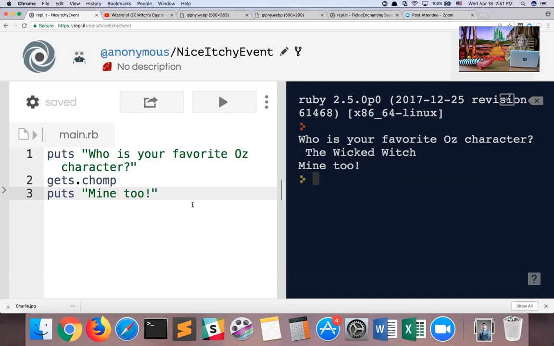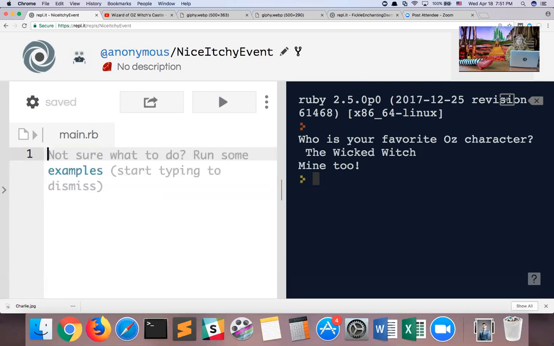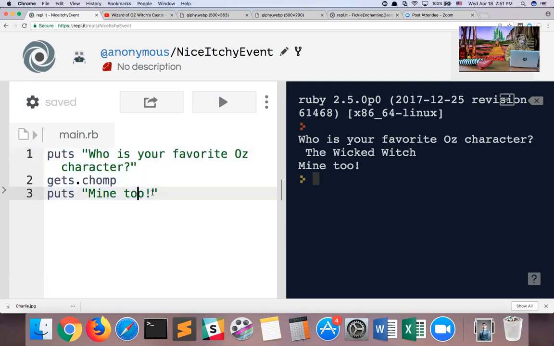Okay. Let's move on to the next part. So the next thing we're going to encounter is a very critical concept in pretty much all programming languages. So let's bring back what we had here.